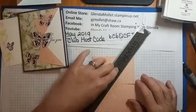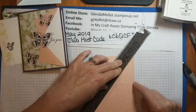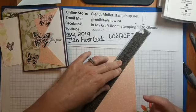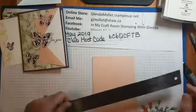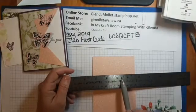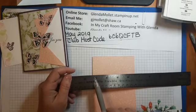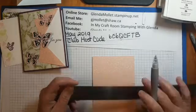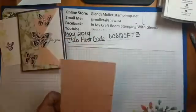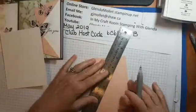So I'm just using my ruler and lining it up at the corner and the end of that. This is cut right in the middle, and it's cut in 2 inches. Now this is 5 1/4, so right in the middle is 1 dot less than 2 3/4. Okay, so 2 3/4 is halfway on 5 1/2, but we're 5 1/4. So there's the 2 3/4, and you just go down one. So that's 2 5/8. Yep, just let me check. Yep, 2 5/8. And that's the center of your designer paper. Then you cut in 2 inches. It just gives you a nice clean